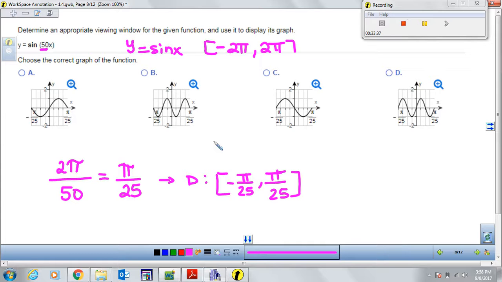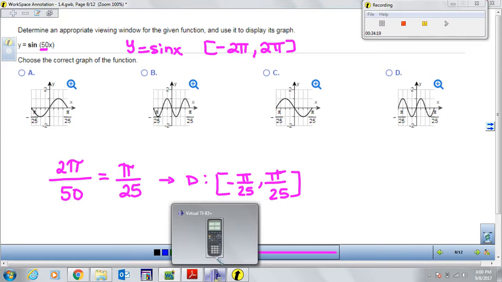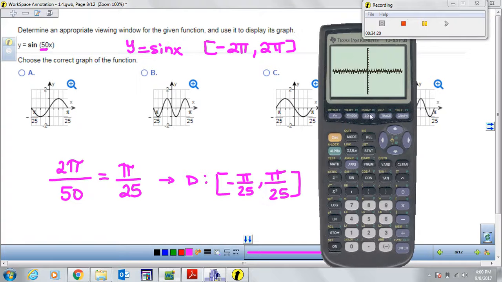They want to show you two periods on the graph, one on the right side of the x-axis, one on the left side of the x-axis, from -pi over 25 to 0, and from 0 to pi over 25. So to determine how you're going to set the x-axis, that's what you will do for a trigonometric function. You would want to divide whatever the period of this function is, by definition, by the coefficient in front of